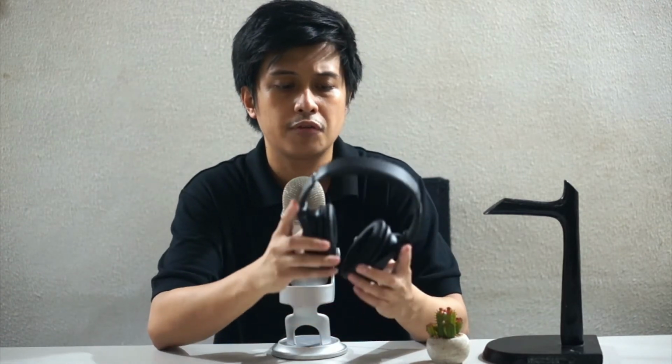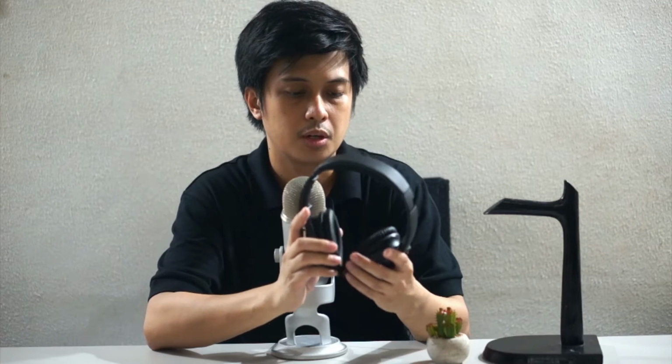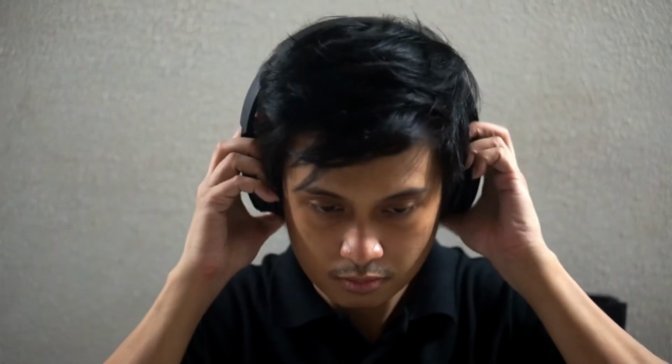So this is a very comfortable headphone, just like the Bose 700. I don't know if I'm gonna pick which one is more comfortable. I would say it's the Bose 700 because it has larger ear cups, whereas this one still goes completely over my ears, but it's a little smaller, and also the pads are not as plush as what's in the Bose 700. As you can see, I can just fit this onto my head perfectly fine, and clamp is quite minimal, and I'm able to wear this for hours without feeling any discomfort or experiencing any hot spot at the